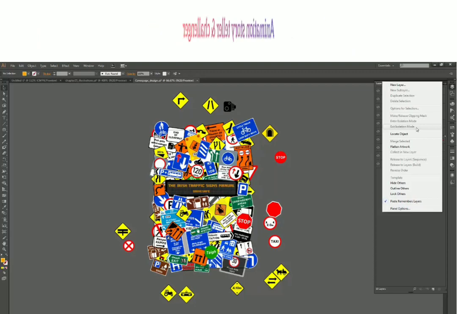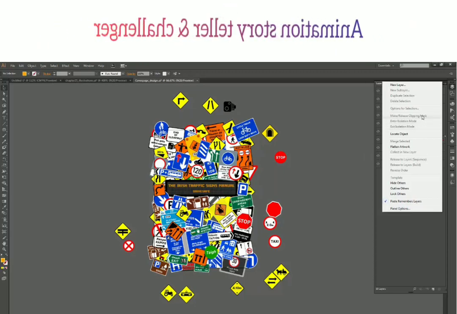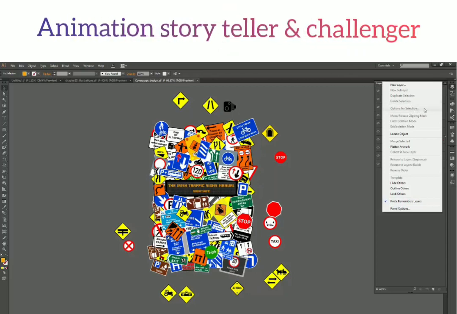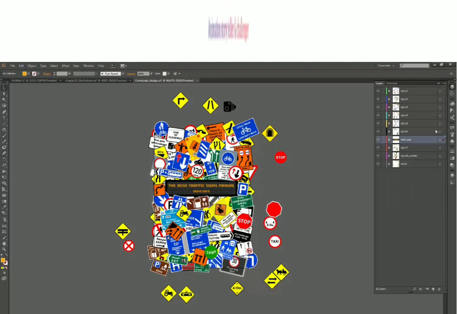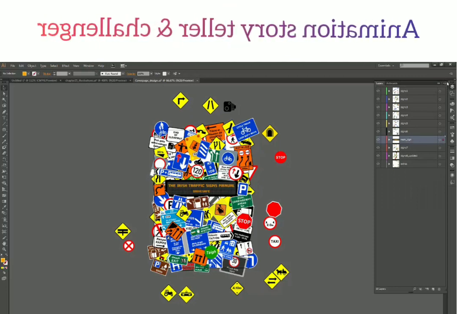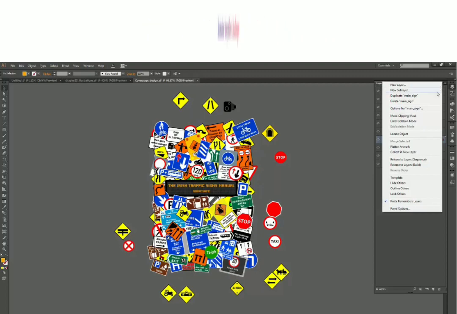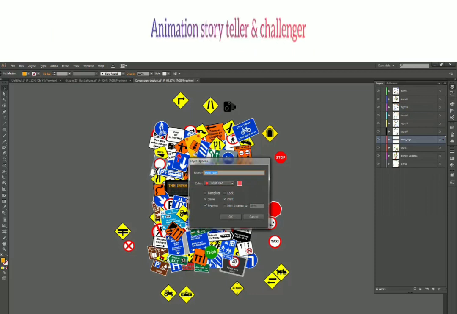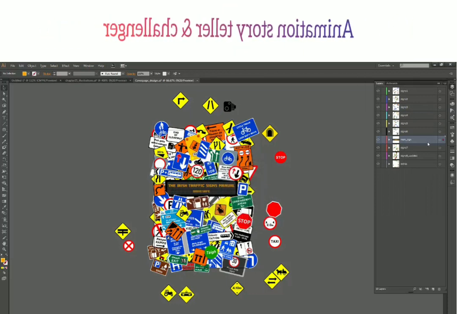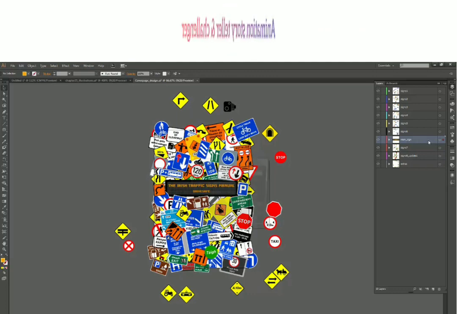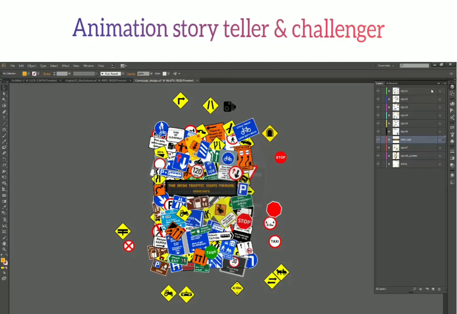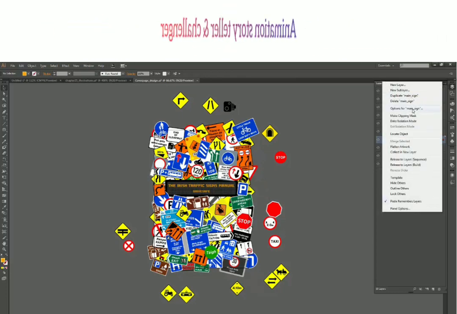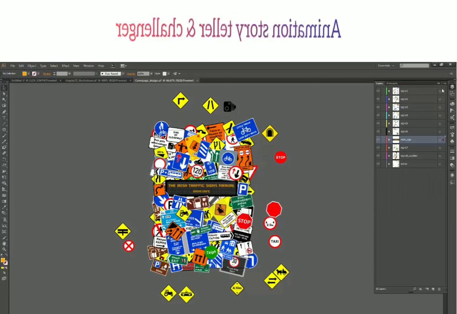Again, we are skipping exit isolation, enter isolation, make and release clipping mask right now, and option for selection also. And we are going to see option for selection. So let's see, I click on this one, main sign, and here I can go in panel options, and if I click on option for main sign, that brings the layer options. It's the same as double clicking on this layer and it will bring up this window, or I can click on this icon on the top and say option for that particular layer. So both work the same way.